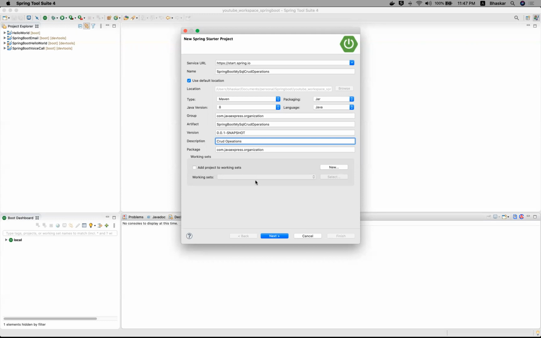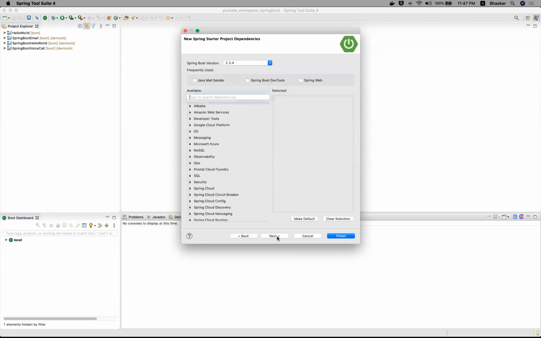Now try to see, I'm choosing the Maven project. Here I'm using a jar file, the Java 8 version, and the Java language. Now let me click next. Here, if you want to develop a web application using RESTful web services, you give a request in JSON data and you will receive a response. By default, it will run on the Tomcat server. I already explained these things in the initial session.